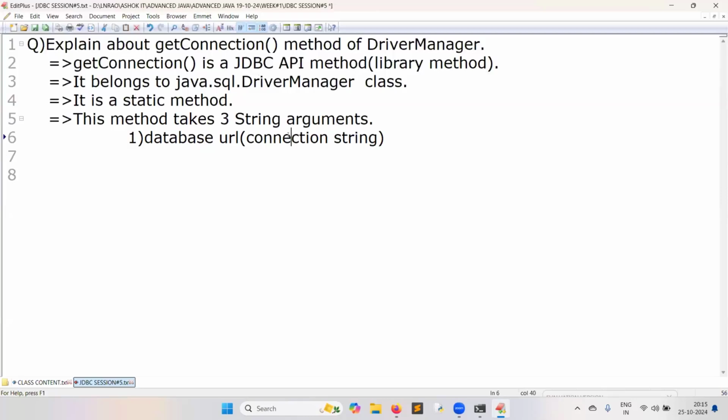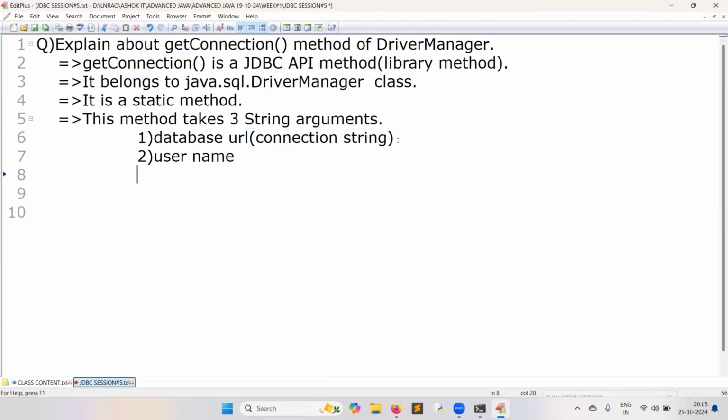Connection string is nothing but the address of the database server. So that is called a database URL. Second argument, username. Third argument is password. That's it.